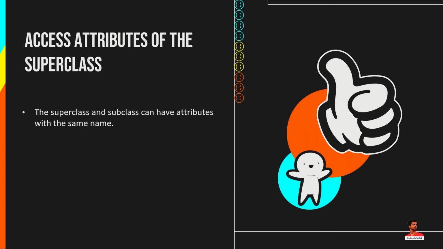The superclass and subclass can have attributes with the same name. We use the super keyword to access the attribute of the superclass. For example,